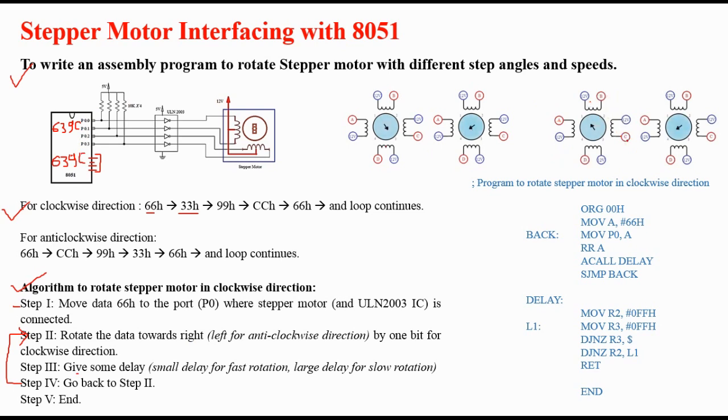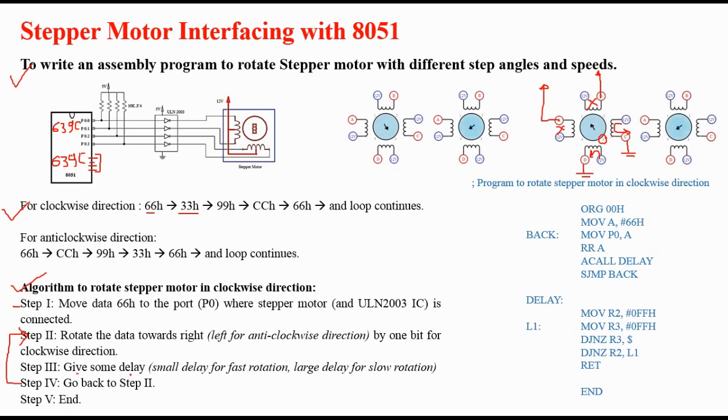When it becomes CC, the C coil and D coil will go low, whereas A and B will go high. So no current will flow through those coils because both coil ends, B 12 volt and A 12 volt, are at the same potential level. Current will start flowing from higher potential to lower potential. Just like here, 12 volt is at higher potential and C is at lower potential. That's why the current will start flowing through those coils. That's why the motor shaft will come at this position, meaning 3.